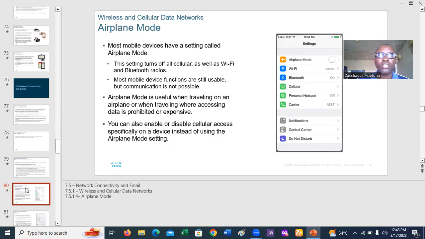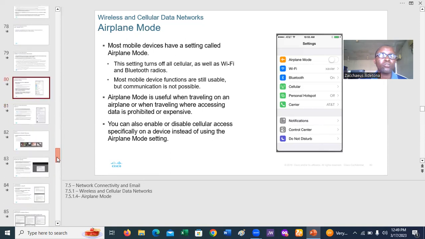All right. Then you can also enable or disable cellular access. Instead of using the airplane mode setting, you can disable cellular by turning off your SIM, for instance. Then cellular will not be connected to your device. When you look at the picture here, we see the airplane mode button up. You turn it on, then you turn off all the functionalities that we've mentioned. Then for your cellular access, there's another button here whereby you can turn it off instead of using airplane mode. Okay, so those are some of the